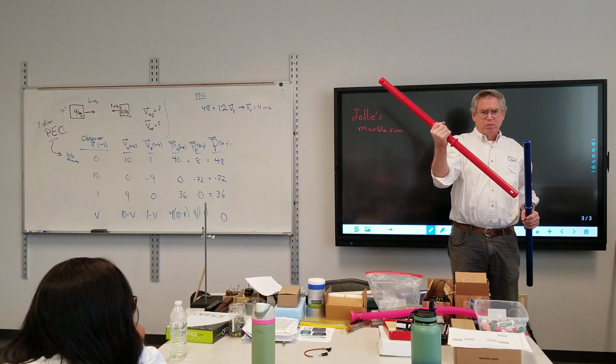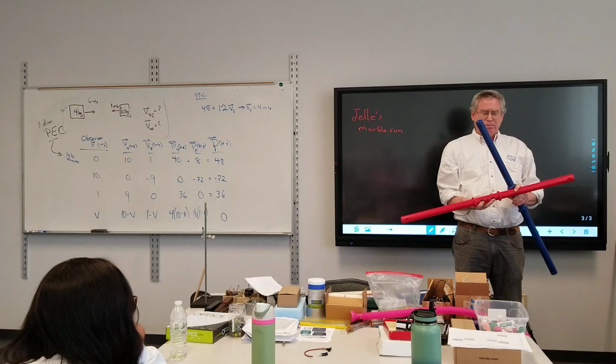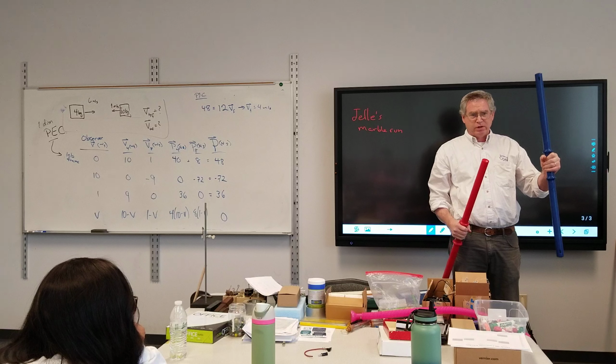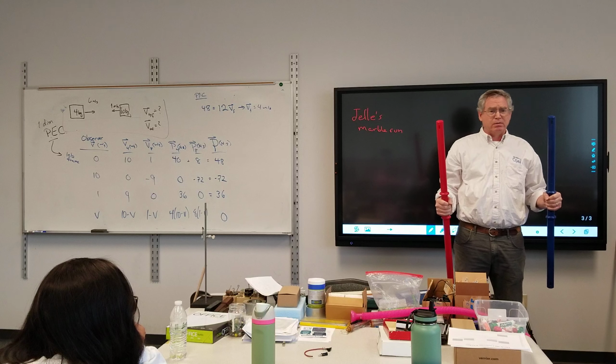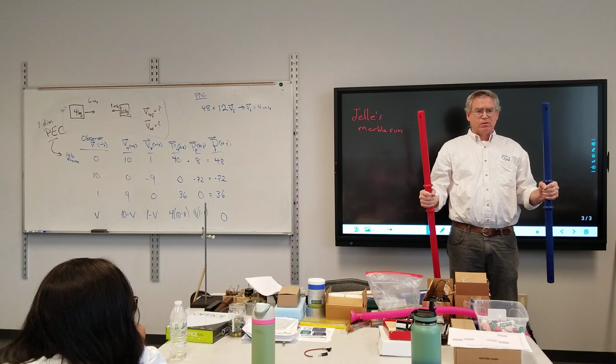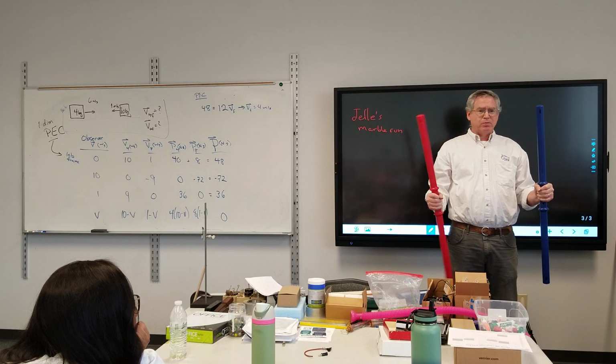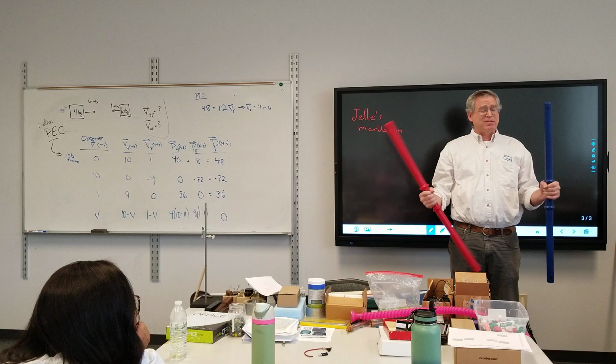This has a lower moment of inertia. You can tell because I've got the darkened circles there. This has the greater moment of inertia. Now, in terms of starting and stopping, which one's going to be easier to start twisting? This one. And stop twisting? Probably that one. So it's easier to get going, but it's also easier to stop.